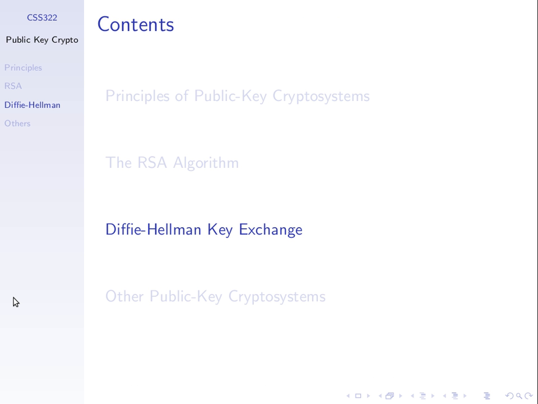What we'll go through next is another public key algorithm, but it's not used for confidentiality. It's not used for authentication. It's used just for key exchange. Exchanging a secret such that no one else knows the secret. So two users want to exchange some secret value. We don't want anyone else to know the secret, but we want to exchange that secret in a public network. We'll see that Diffie-Hellman does that for us. But we will not start that today. We'll start that tomorrow. We'll finish our lecture there, and tomorrow we'll